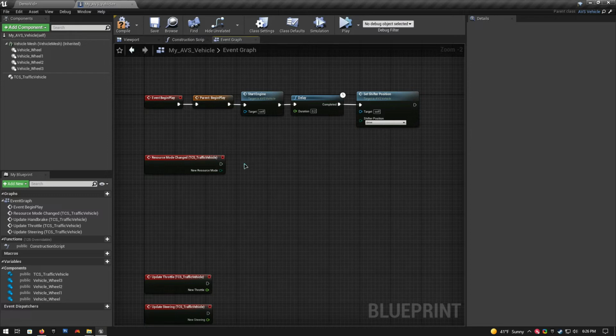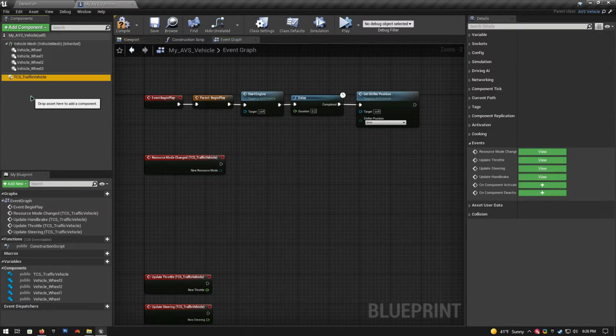So when physics is disabled on your vehicle, the traffic control system vehicle component, sorry, will handle all of the networking. You don't want your vehicle physics plugin's networking to be fighting with this. It can really cause some problems. So